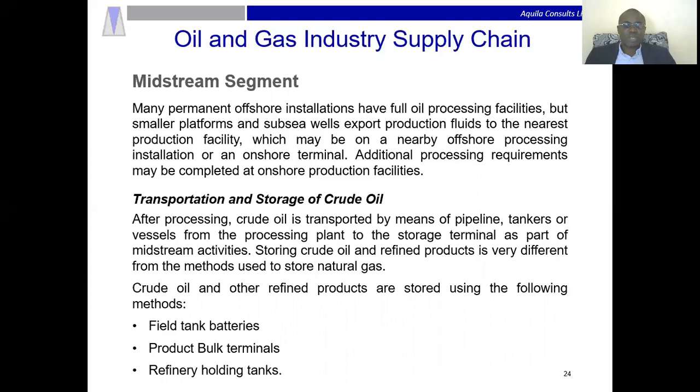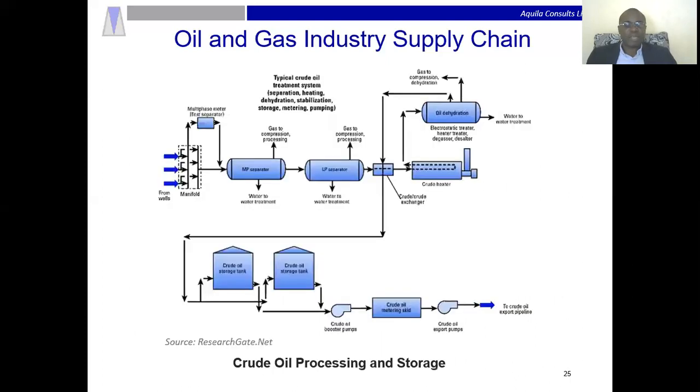In terms of transportation and storage, once the crude oil has been separated, you can either store it there or send it to a terminal, which most times will be located near a seaport or river port for easy export. Or you send it by pipeline or train or other means to the refinery. However, if you have to store on site, these are the ways you could achieve that: either by tank farms, bulk terminals, or refinery holding tanks. So you could actually ship it straight to the refinery holding tank.